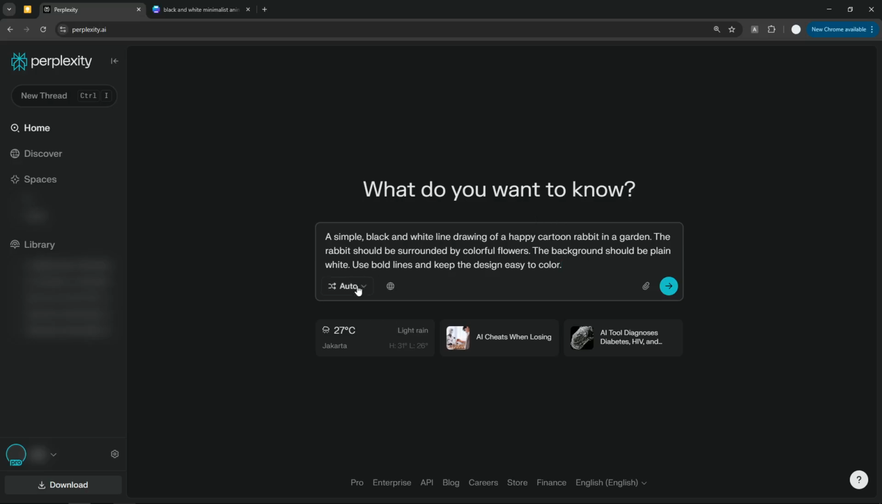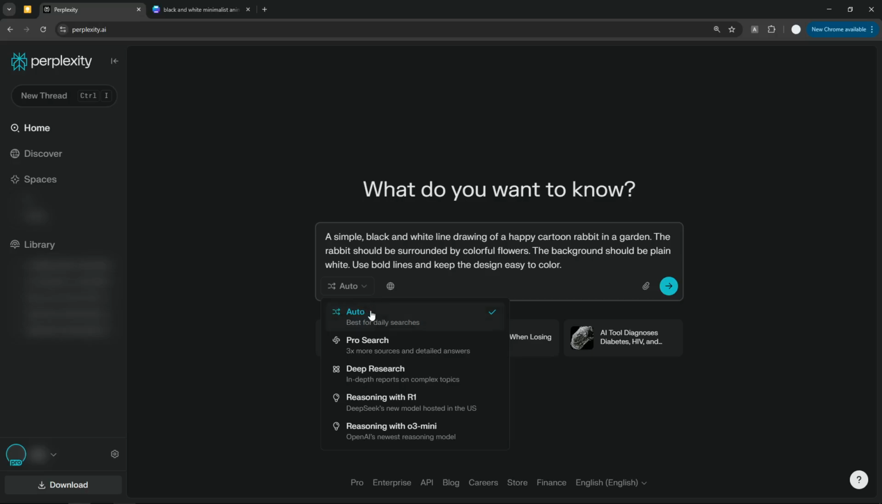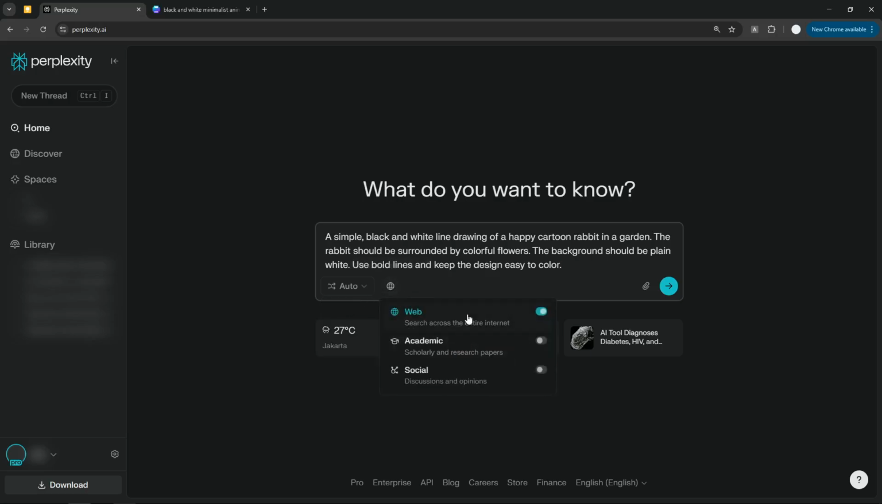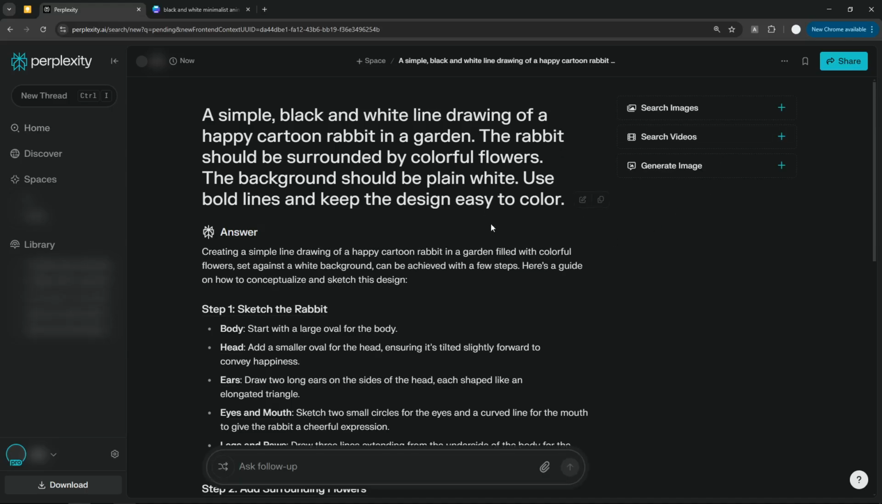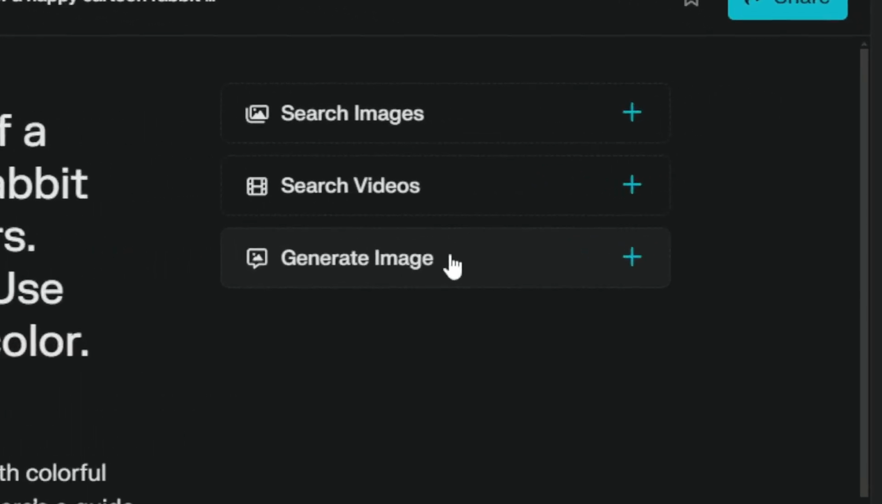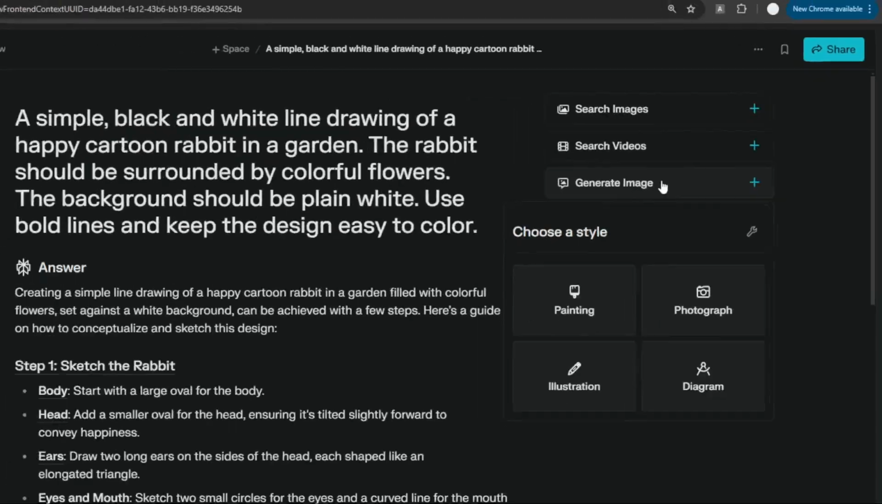Now, I do recommend enabling the auto mode, because we don't want to do any research here. This is just for generating a picture. And I recommend disabling web search. There is no point in using that, because again, this is not for research. When you're done with the prompting, you can just click the send button and wait until Perplexity gives you the response. Now, you can click this generate image button right here,